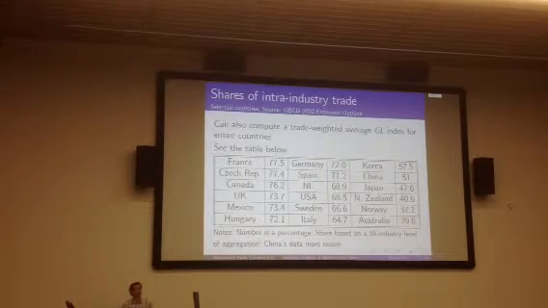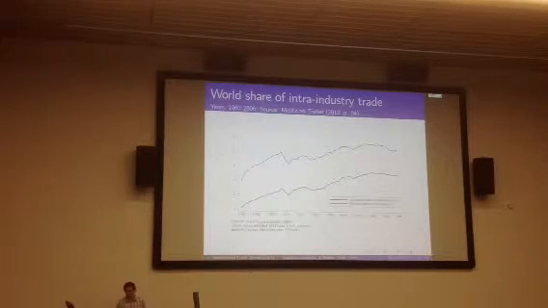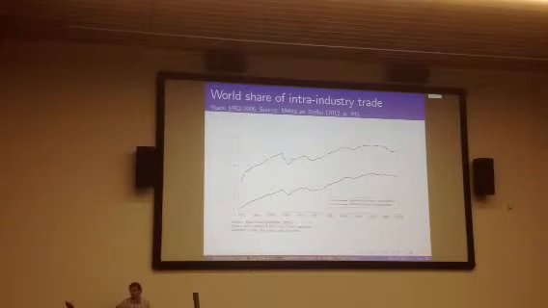59 industries. So it's no longer those basic 10 industries. Think of splitting each of those 10 industries into 6, and you get about these 60. This is for the world as a whole, just to yet again motivate why it does make sense to look at this stuff in detail. The world share of intra-industry trade. So if you go for the disaggregation with only 59 industries, you're looking at this